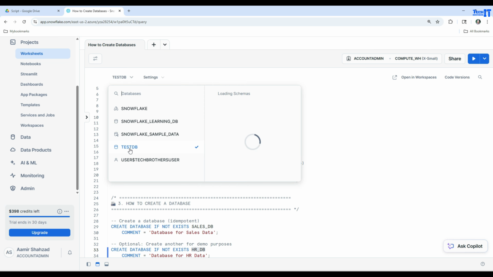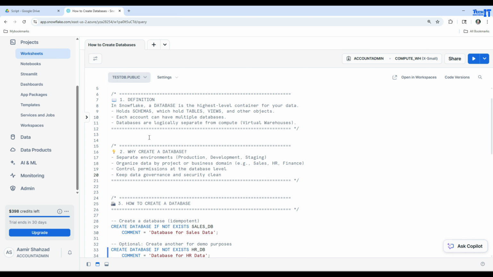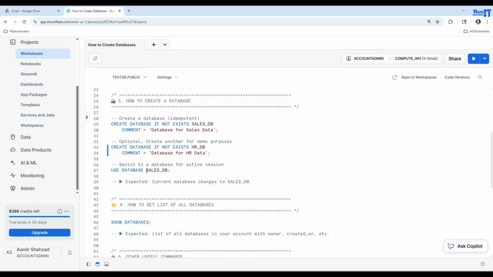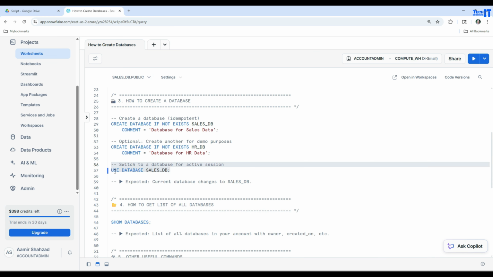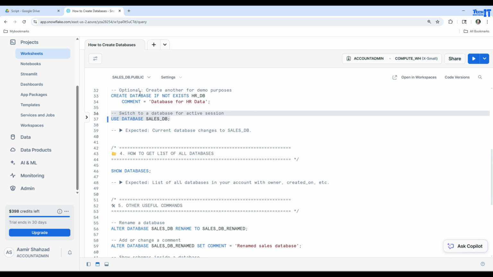Let's say I want to do test, and I can simply click on test DB. Now the scope is changed to the test. And here we have a sales DB as well that we have created. So we can say use database sales DB. Let me just run that, and now you can see that sales_DB is selected. Now if I create the table, it will be created under this sales DB database. Now I will show you all those tables, schemas and all that. We are going to go into those scenarios as well, but right now we are just looking at the database